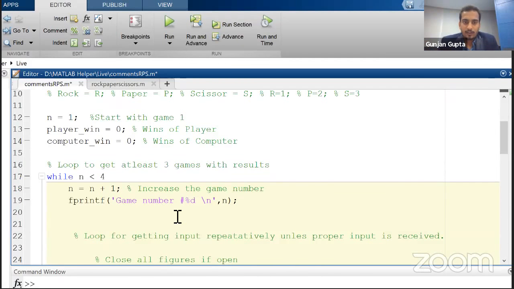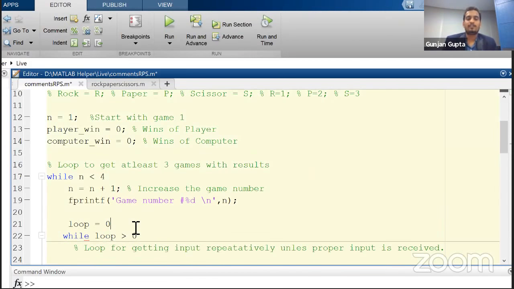We will be looping again while we keep on getting an undesired result. If you aren't getting the desired result, we will use another loop inside this loop, so this will be a nested loop. I'm keeping a while loop with the condition loop greater than 0, starting with loop equals 0. The use of this is that there are some miscreants who, rather than choosing rock, paper, or scissors, choose a cross or do something else rather than the given options. You don't want that person to do anything other than those 3 options. So you will force that person to keep on giving those options, rock, paper, and scissors, until he or she chooses a valid option.